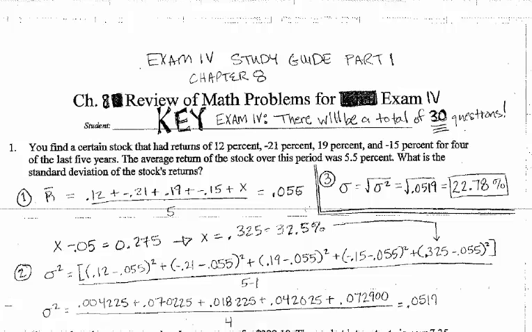Now we're only using one set of returns here, so I'm going to skip over that and go to x02, and I'm going to put in 0.21 negative, enter, and then I'm going to skip over to x03 using the down arrow. I'm going to put in 0.19, enter, skip over to x04. I'm going to put in 0.15 negative, enter, and then in x05 I'm going to put in